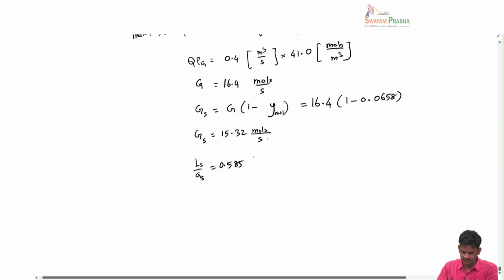So from here Ls will be 0.585 into 15.32. It's about 8.96